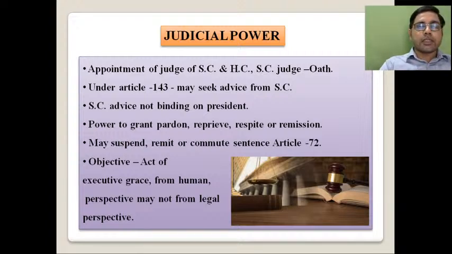ये थोड़ा thin line difference है कि President appoints both judges of Supreme Court as well as High Court. सुप्रीम कोर्ट के जजेस की जो ओथ एडमिनिस्टर हो रही है दैट इज थ्रू प्रेसिडेंट. हाई कोर्ट के जजेस की जो ओथ एडमिनिस्टर हो रही है दैट इज थ्रू गवर्नर्स ऑफ स्टेट. पर्सनली प्रेसिडेंट एडमिनिस्टर्स ओथ ऑफ ऑफिस टू CJI. देन CJI इन टर्न एडमिनिस्टर्स ओथ ऑफ ऑफिस टू अदर जजेस ऑफ सुप्रीम कोर्ट एज पर पावर डेलीगेटेड अपॉन हिम बाई प्रेसिडेंट ऑफ इंडिया. Then under Article 143